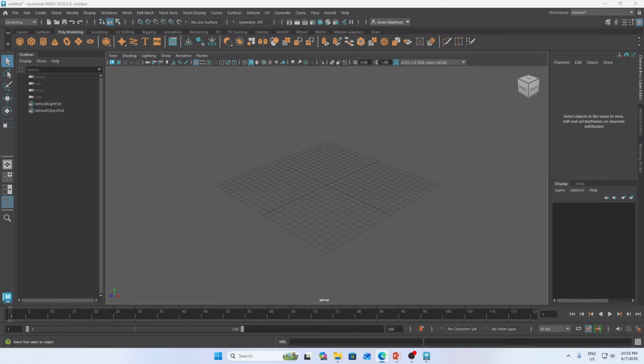And the last is the color blue, which is the z-axis. This represents forward and backward. An easy way to remember this is the acronym RGB, which corresponds to X, Y, and Z. So red is X, green is Y, and of course blue is Z.